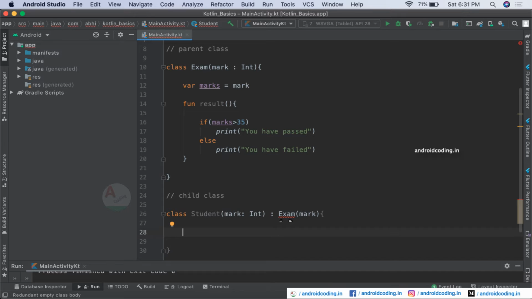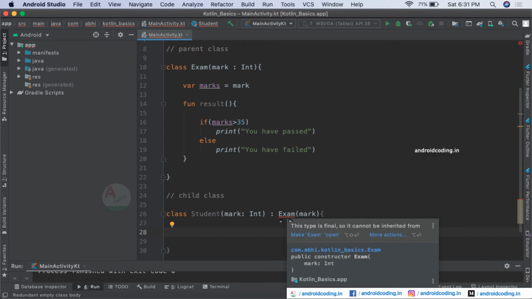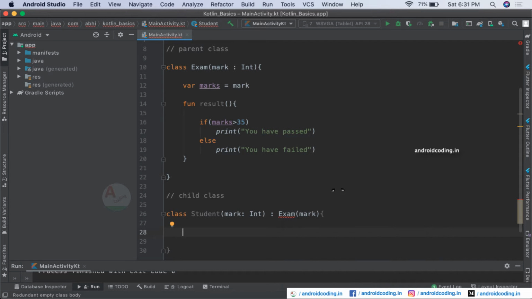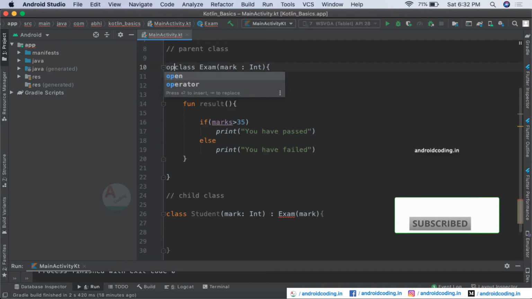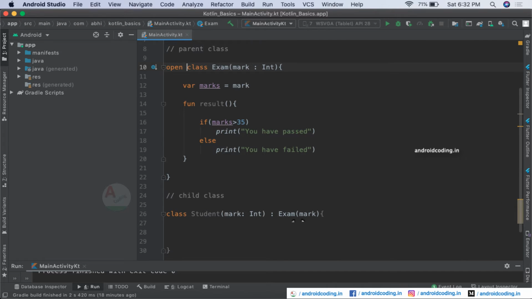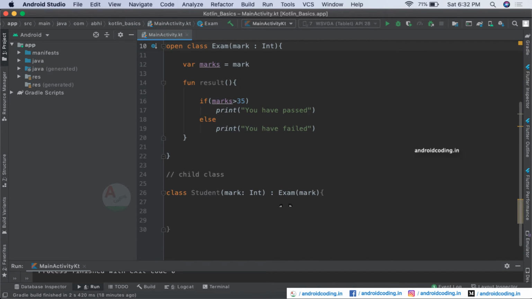And here you can observe one more error we are getting: this type is final, so it cannot be inherited. By default every class in Kotlin is final, and for which we need to add a keyword open to make it available for inheriting here. So now our error is gone.